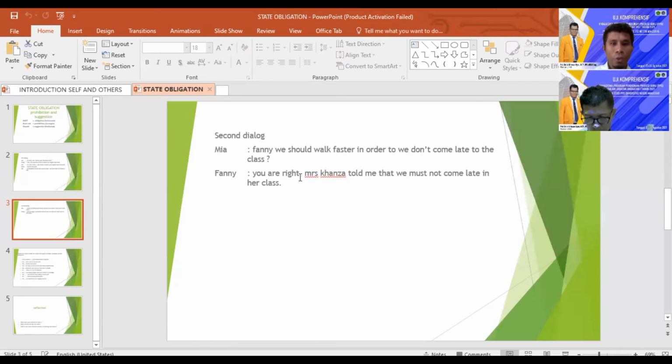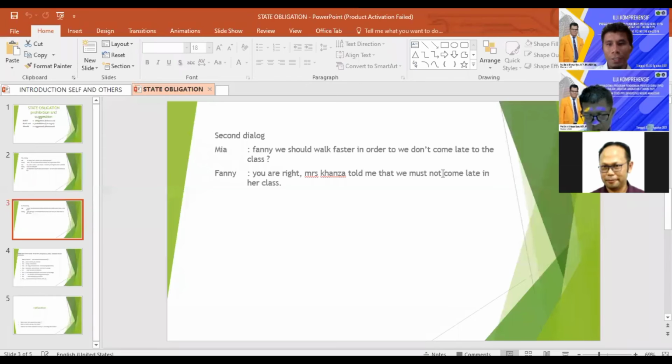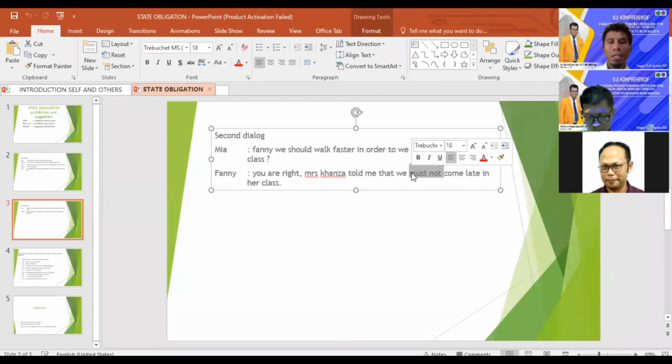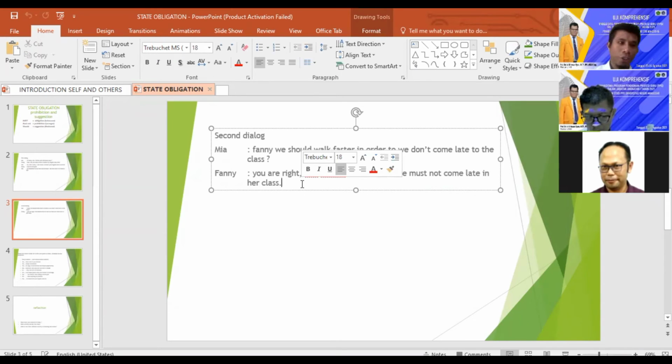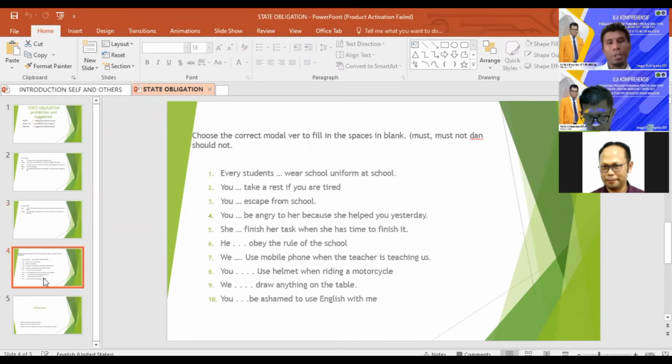Yeah. You know what does it mean? When Fanny said that you mustn't in here is a kind of prohibition. So we must not come late in the class, yeah, because if you are late, Mrs. Hamza will not allow you to join the class. So you must come early.